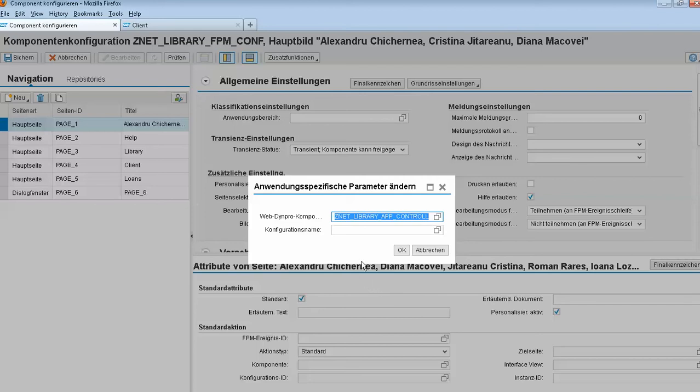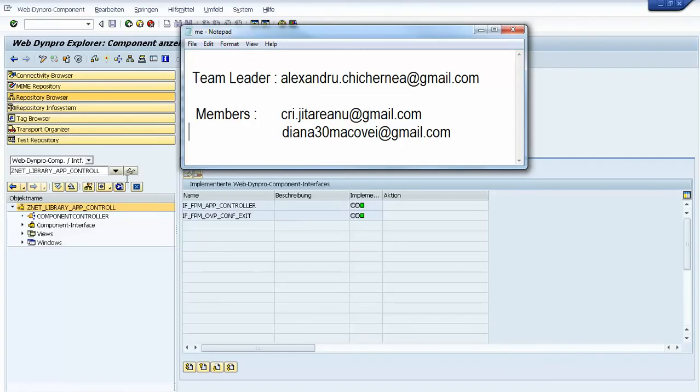And let's see how it looks like in CA80. This application controller can be a component controller or can be an ABAP object-oriented class, as you wish. Okay, we have created a component for our application controller, and this component needs just to implement two interfaces: